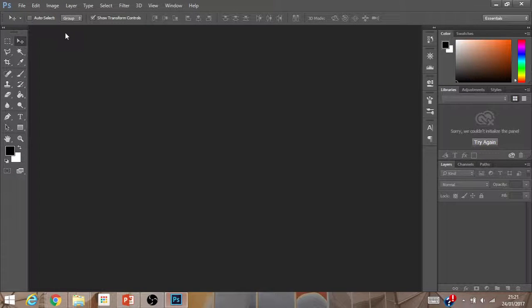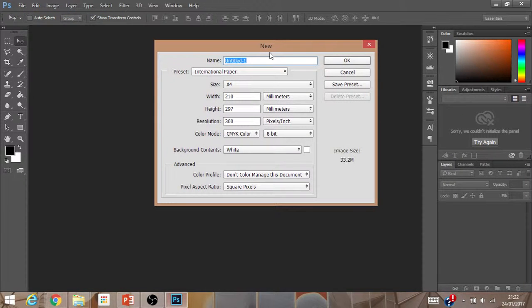Hi there, this week we're going to be looking at creating a panel plan in Photoshop. So the first thing you need to do is open up Photoshop. Then you'll need to start a new canvas. So if you go to File, New and create Panel Plan,